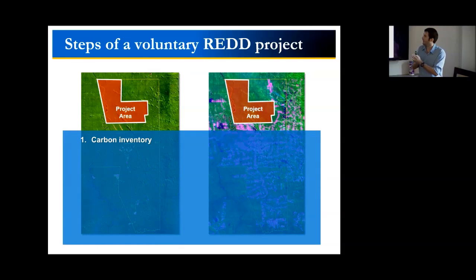So the first thing you need to do, if you want to start a REDD project, is to have a carbon inventory in your area. You need to know how much carbon you have here on a per hectare basis. The second thing is you need to create a